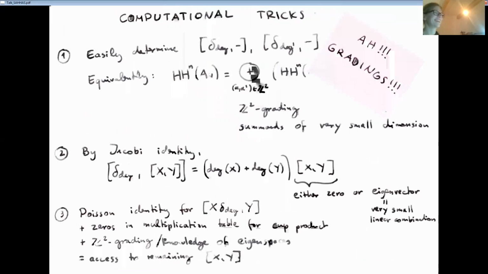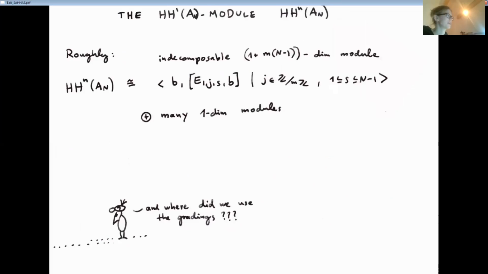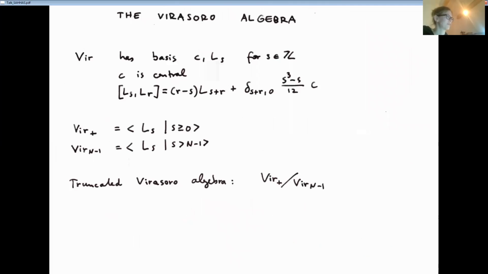After we realized only in the very end of the project that everything we did could be organized very nicely with the gradings, we found both aspects quite nice: the computational aspects that were so helpful, and that we just discovered, so to say, by brute force, not knowing these recipes at hand. And on the other hand, the gradings gave this very nice structure for our Lie algebra to have